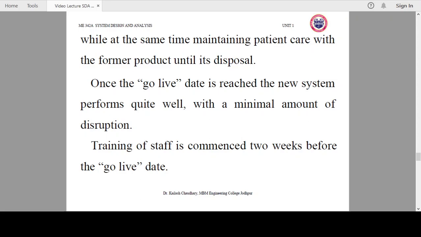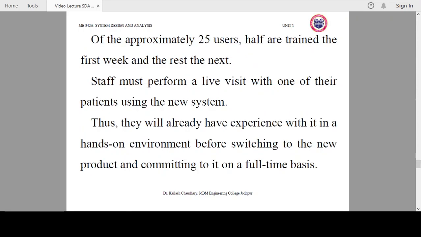So this is how we are implementing our new system. Suppose there are approximately 25 users: half are trained in the first week and the rest in the next. Staff must perform a live visit with one of their patients using the new system. Thus, they will already have experience with it in a hands-on environment before switching to the new product and committing to it on a full-time basis.